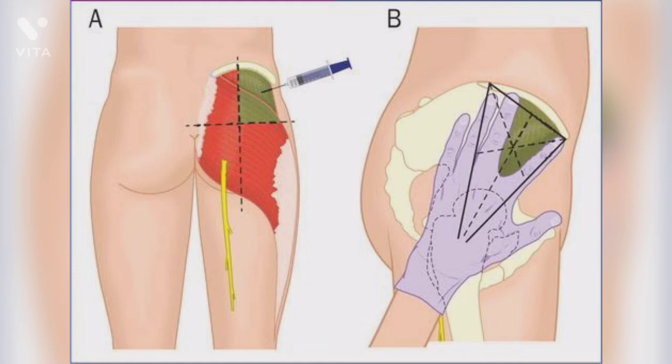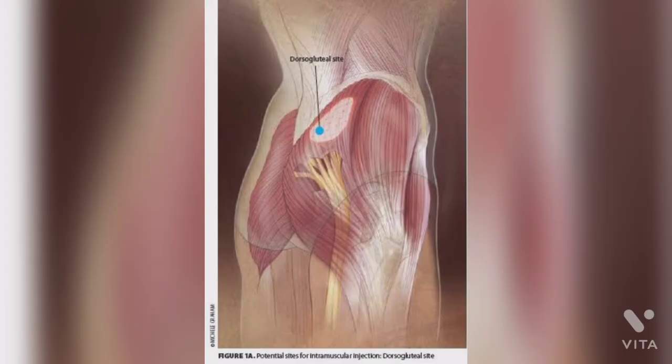The gluteal region is one of the commonest sites of intramuscular injections of drugs. It is given in the upper and outer quadrant of the gluteal region in the gluteus medius muscle. If given randomly in the lower part, it may damage the sciatic nerve.